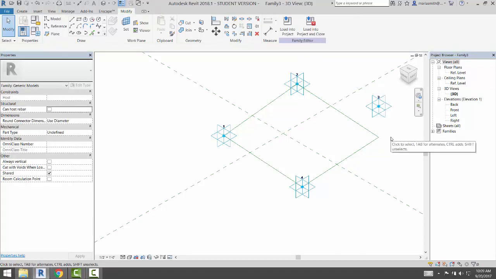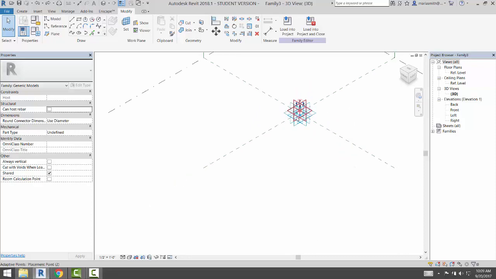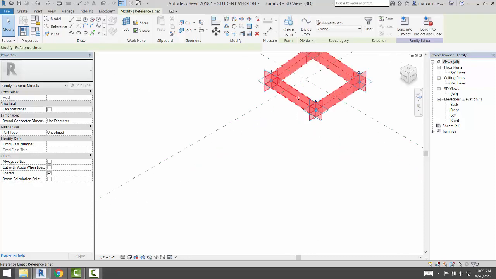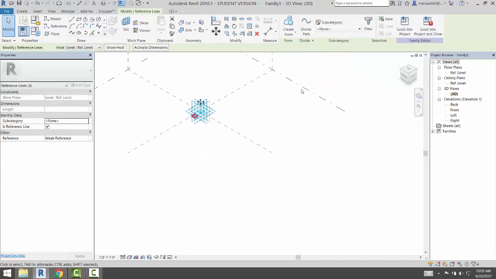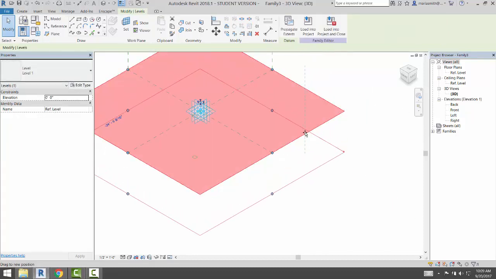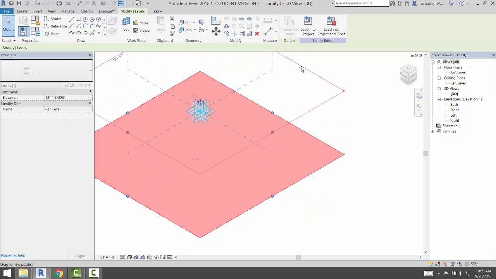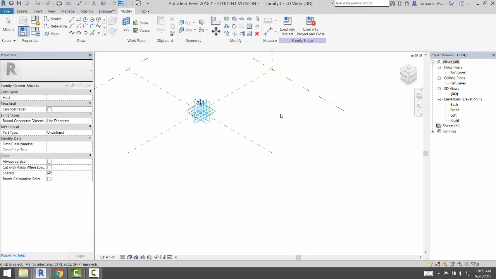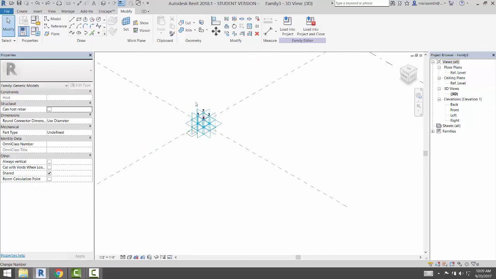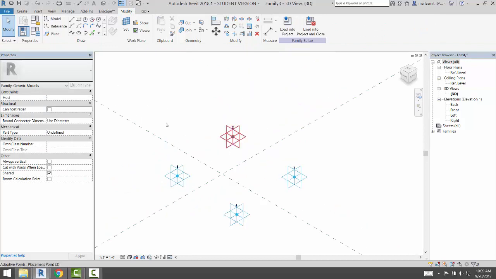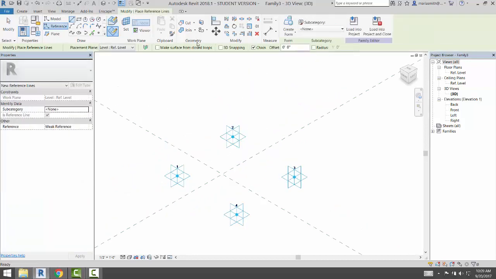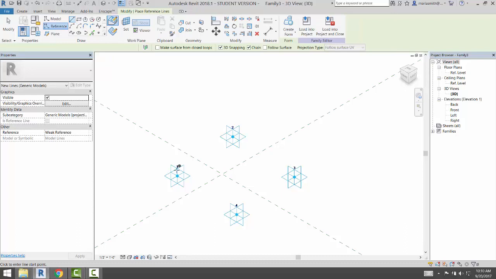Now, Control Z and bring that guy back down. If I move out, it's going to be a little hard to see. Let me make this a little bigger, or move it out here so you can see it. If I move this plane, that moves with it, right? It's hosted to that plane. So you have to be really careful about your hosting, just sort of a note there. Alright, so delete that, come back, draw my reference line, 3D snapping, go to face, and 1, 2, 3, 4,